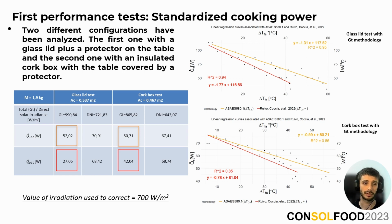Once the experiment has been carried out, the standardized cooking power has been calculated for an irradiation of 700 watts per square meter. But in addition, the methodology suggested by Ruivo et al. has been followed, where it's indicated that the temperature difference between the environment and the load must also be corrected by irradiation value, in this case 700 watts per square meter. These values of power when the temperature difference between the environment and the load are 50 degrees can be seen